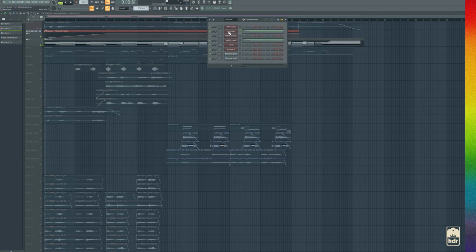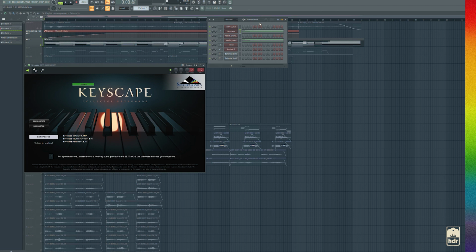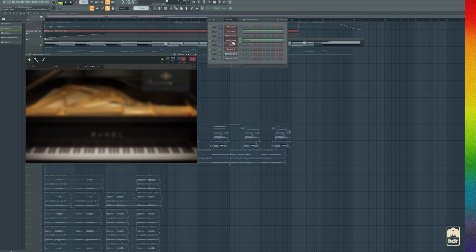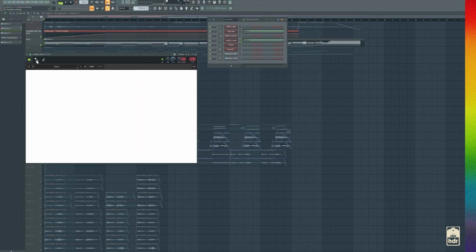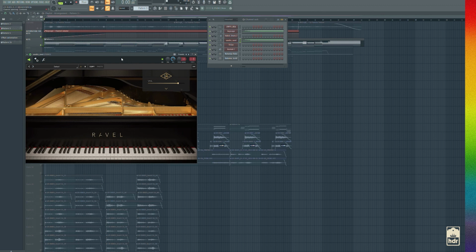For the keys, I've been obsessed lately with the UAD Ravel, or Ravel, I don't know how it's pronounced really. I think Ravel. Their piano plugin. It's currently replaced all my Contact libraries and Keyscape that I used to use. I just love the tones. I love the way it sounds. And I'll solo that out so you get an idea of what I was working with.